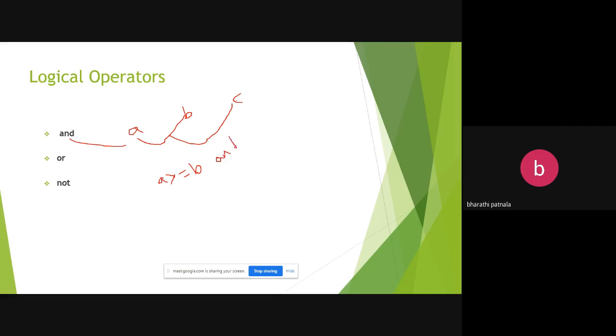At that time you have to use the logical operator AND. A must be greater than or equal to C also. So you have to check the same A with both B as well as C. Both conditions must be true.